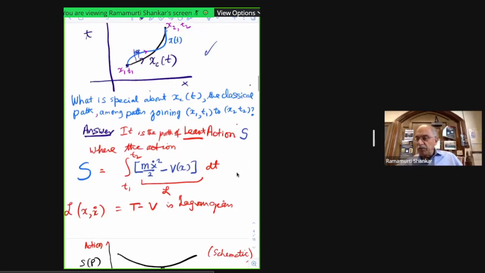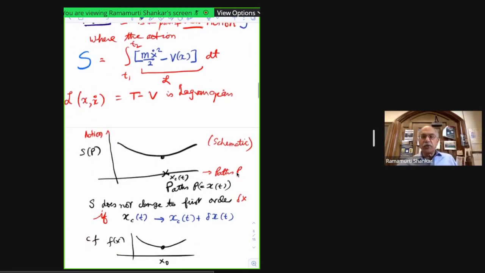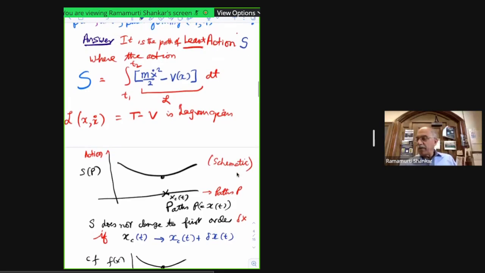And I will tell you roughly what happens. So here's the picture you have. It's a very schematic picture. It says, on the x-axis, I'm calling the path. Of course, the path is not a single number. Path is a whole trajectory. But imagine that you can somehow number all the paths from left to right, and you move in the world